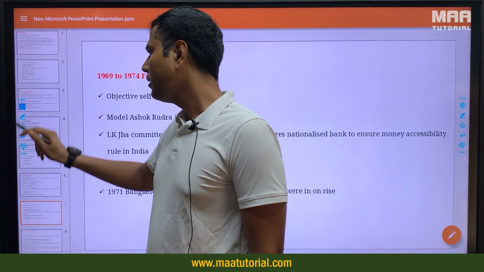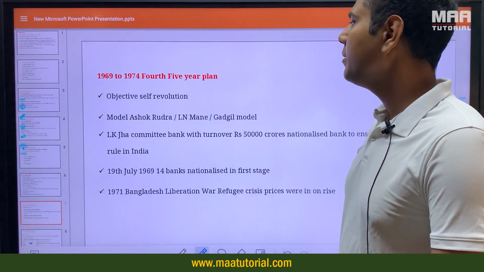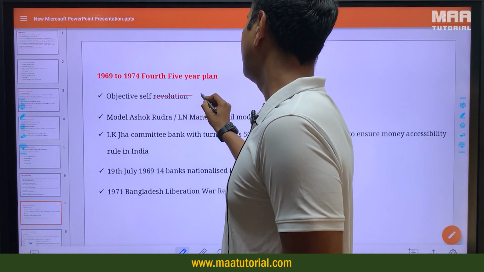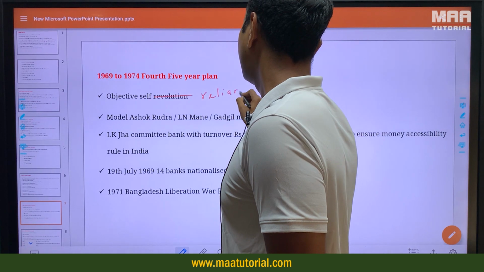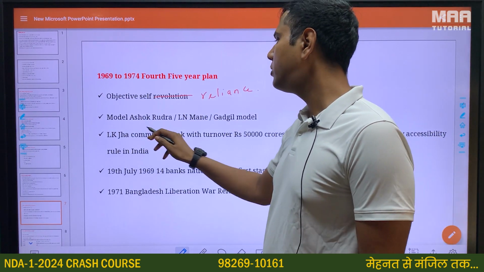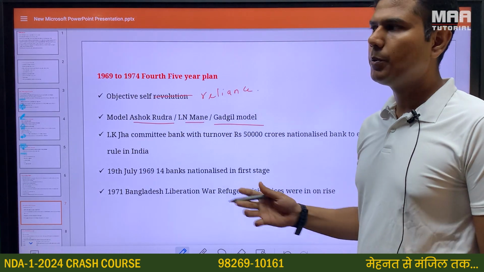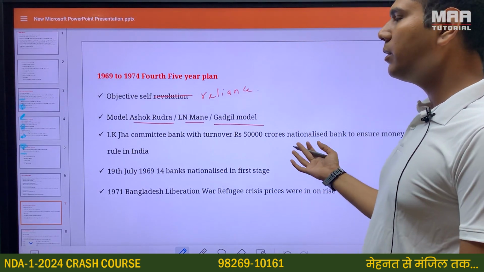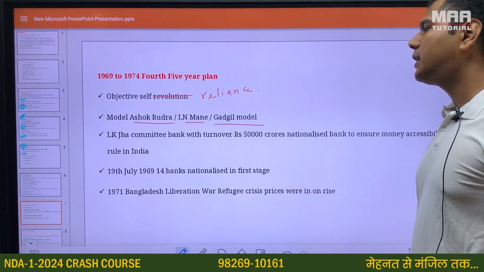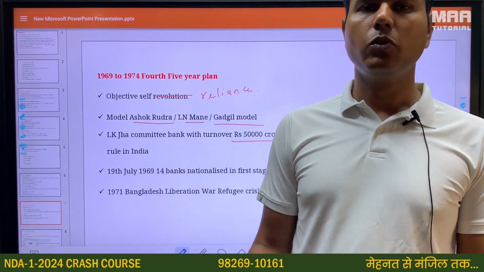Now after this, the fourth 5-year plan was introduced so that we could stabilize, right? So the fourth 5-year plan came into the picture. The objective of this plan was self reliance. The model is also called the Ashok Rudra, A.N. Mane, or Gadgil model. Any of the three names would be all right, because this plan was made on the basis of suggestions of these economists. The L.K. Jha committee said that banks having a turnover of more than 50,000 crores would be